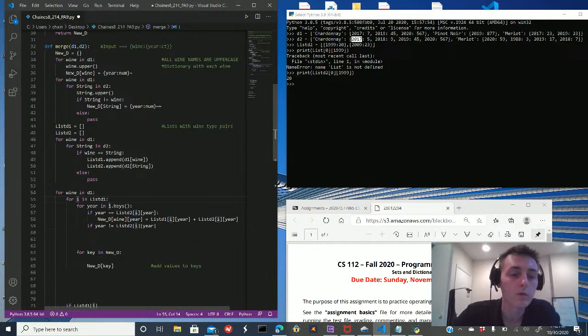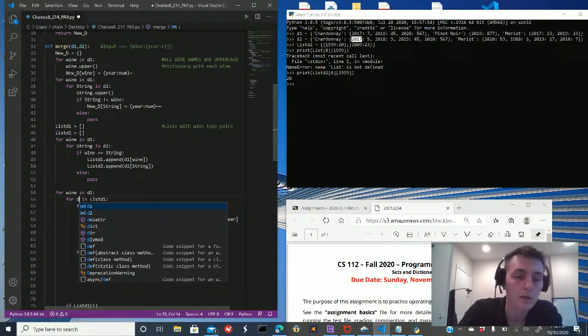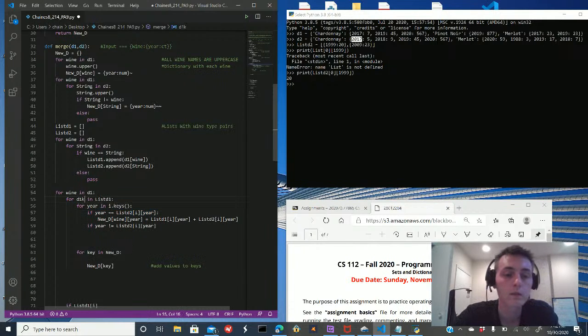So I'm going to do for D1 keys in list D1, or for DK for dictionary key, or it's actually for dictionary. So for dictionary in list D1, for year in dictionary.keys,